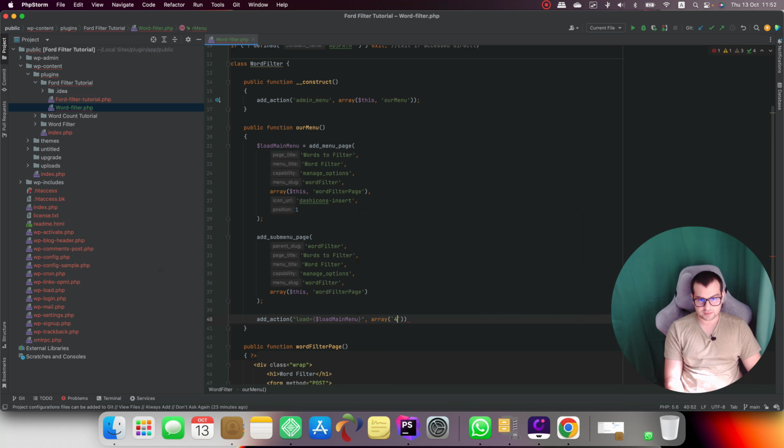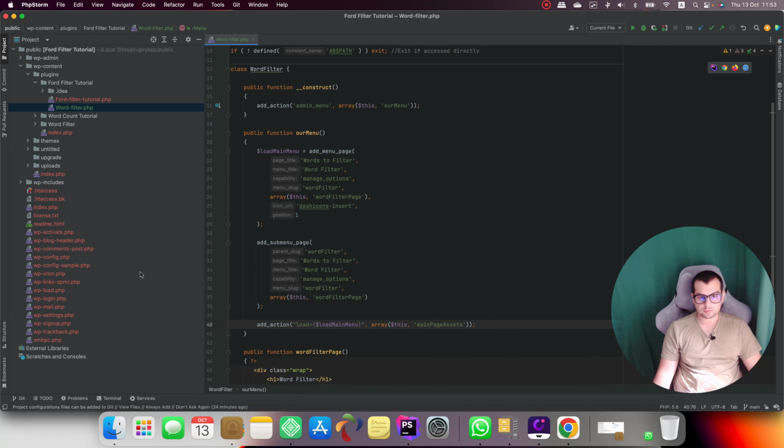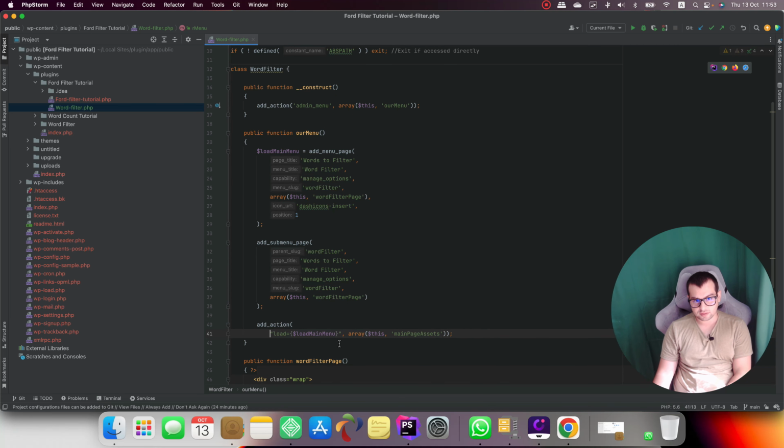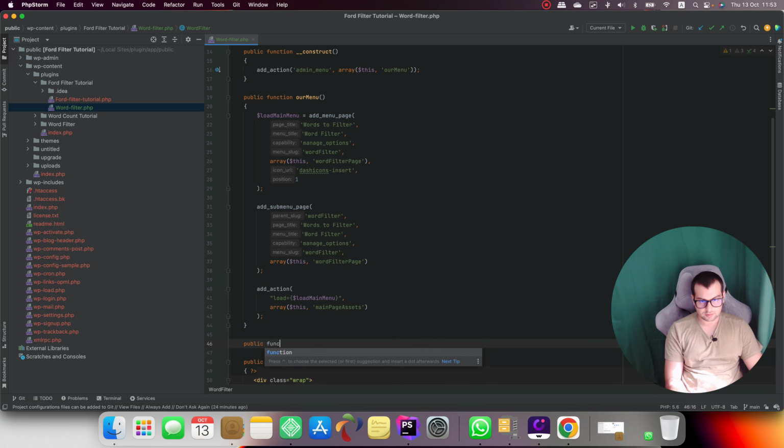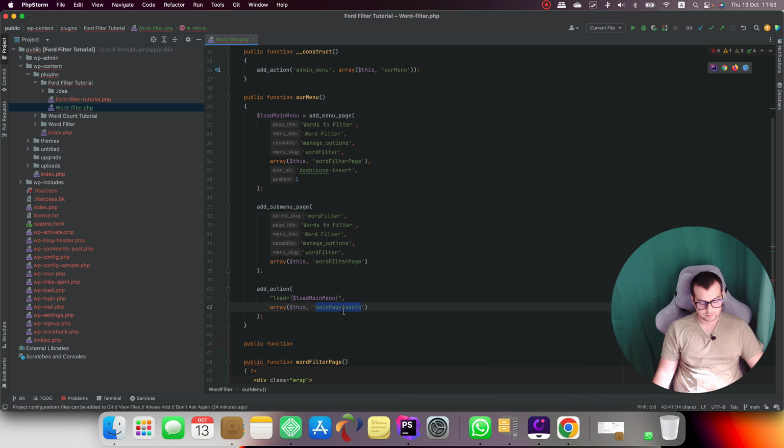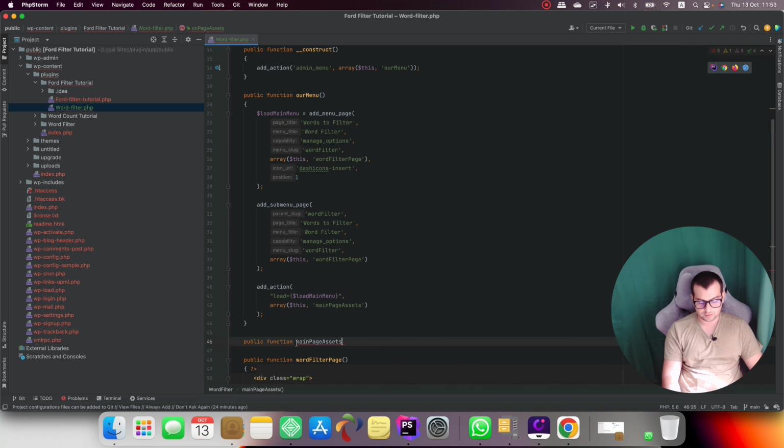where we will save a function which is going to give more information to WordPress about where everything is stored. Let's call it main page assets, right below our menu, in the same style as the one before. Let's create that function, public function main page assets, and here we are going to include the script,